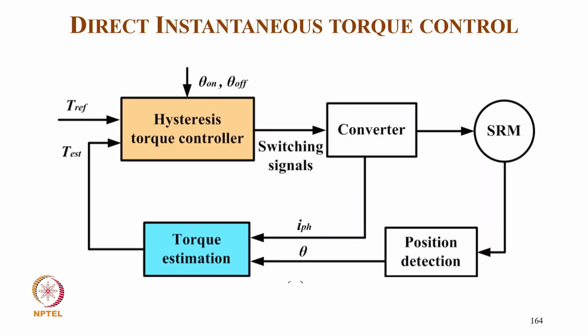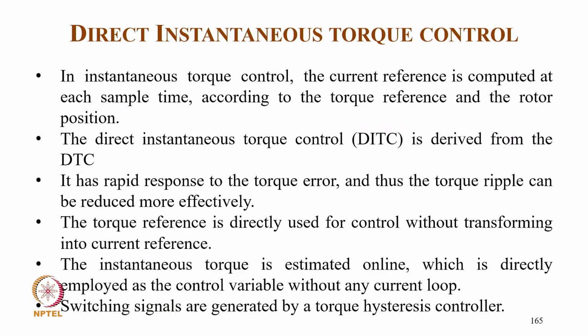But of course, for the torque estimator, we have current as well as position feedback. Now coming to direct instantaneous torque control: in instantaneous torque control, the current reference is computed at each sample time according to the torque reference and the rotor position, and the direct instantaneous torque control (DITC) is derived from the DTC. It has a rapid response to the torque error, thus the torque ripple can be reduced more effectively,